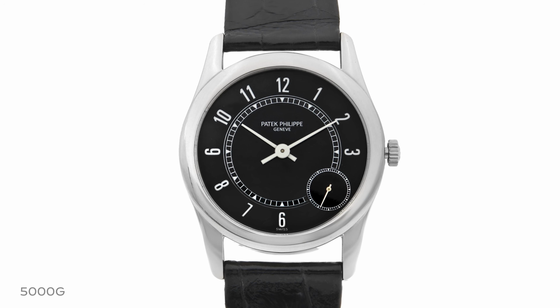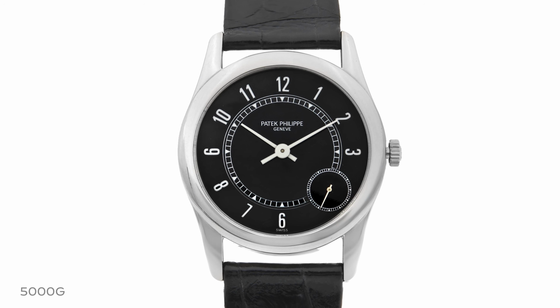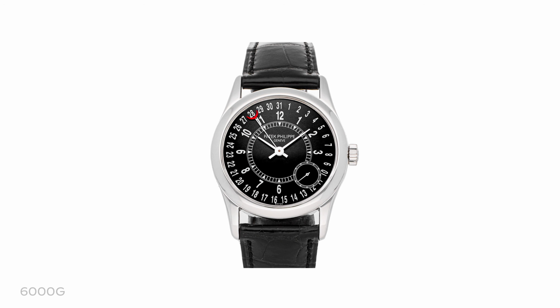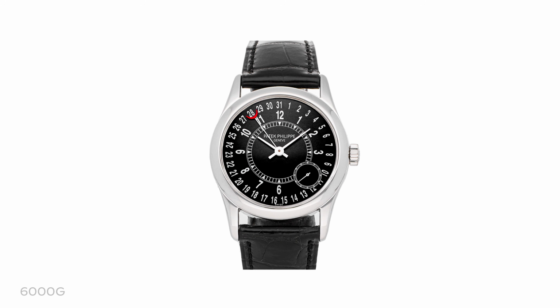Now, my favorite series of Calatravas has always been the one that started in 1992 with the 5000. We got an unusual combination of automatic winding in a Calatrava and the 240 micro rotor. In general, when you see automatic Calatravas, it's going to be some sort of a center rotor automatic. Well, in 2005, that becomes the reference 6000. We get the same basic underlying running gear. We get a bigger case, no longer 33, now 37. The watch in white gold with a sunburst dial added a radial date indicator and, if I may, the aesthetic